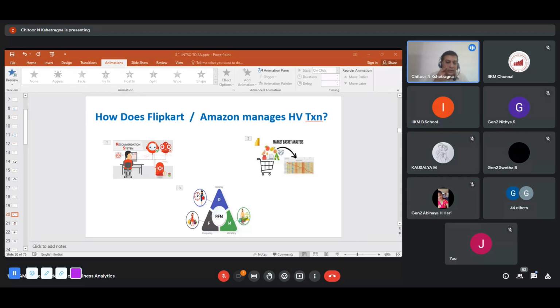You can do that. Or there's something called RFM, recency, frequency, monetary analysis. So when did a customer recently come? How frequently does he come? 2 times a day, 2 times a month, 2 times a year. Monetarily, how much is he buying? Is he a high value ticket buyer, or he just buys for 20 rupees, 50 rupees? Is he buying in 1,000 rupees? So all of this analysis is what the business analyst does. He looks at the recommendation system. They use artificial intelligence, AI. They use machine learning, right? And all of these are programmatic learning. So all these terms might look very difficult, but if you ask me, it's very simple, very easy, right? You can go and search in Google later. If you're really interested, you'll get a lot of insights.